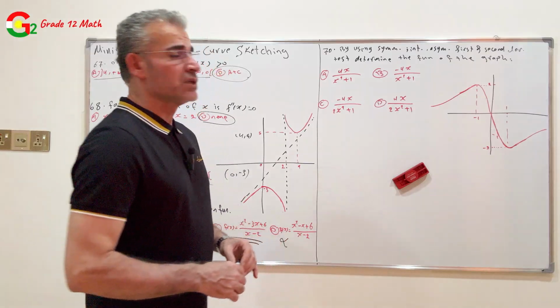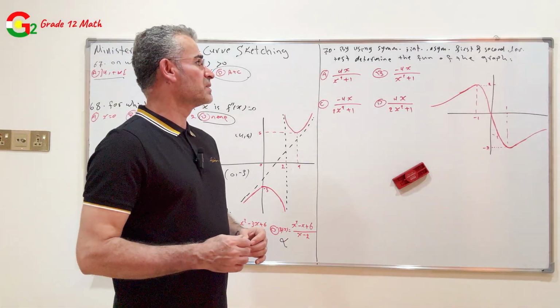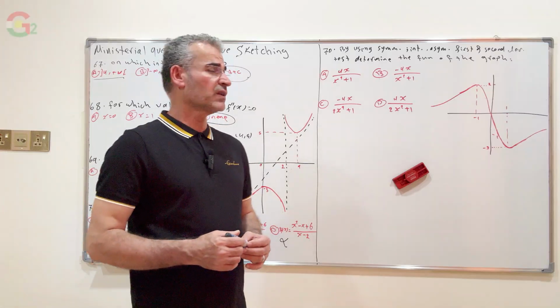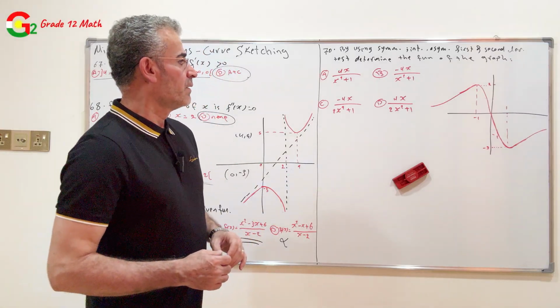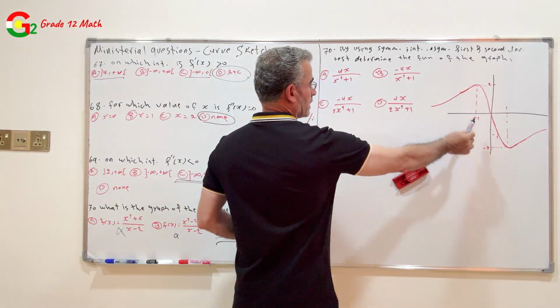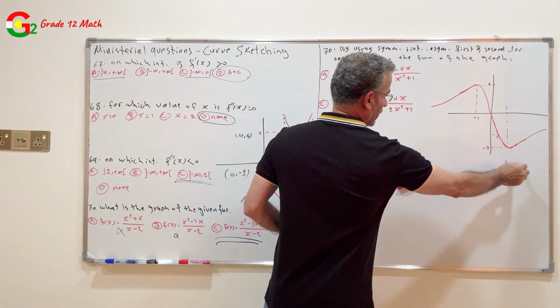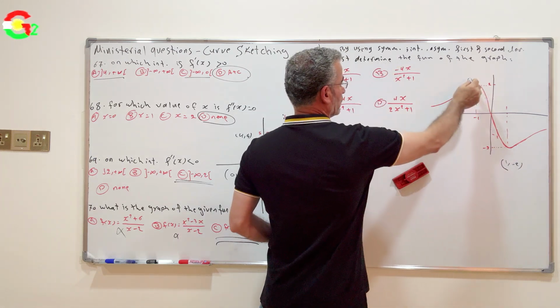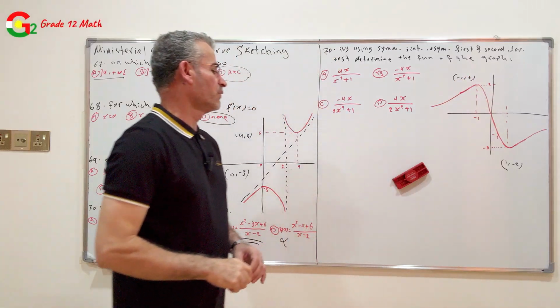The last question, question number 70, by using symmetry, intercepts, asymptotes, and first and second derivative tests, determine the function of the graph. We have two local extrema values for this graph. Here, 1, negative 2, it is a local minimum value, and here, negative 1, 2, it's a local maximum value. If we substitute